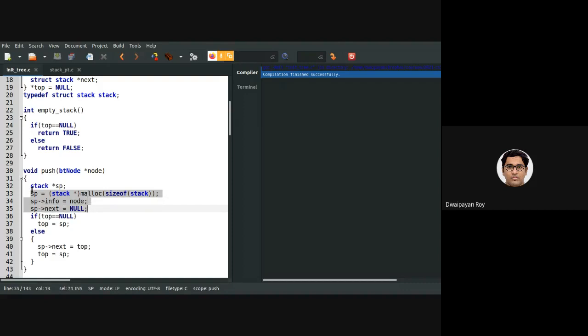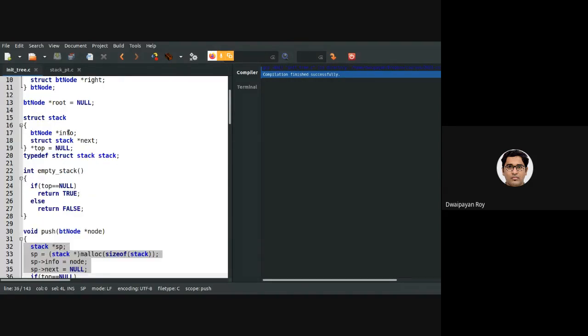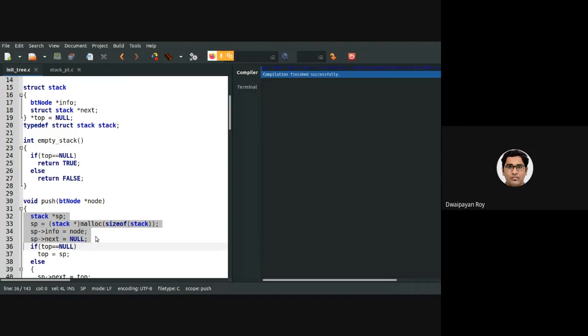So here in these 4 lines, we are creating one node of this information type, this BT node type, which I am referring to as info. By these 4 lines we are making one node of this type, initializing it, and changing the top.